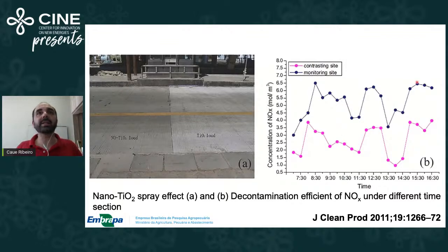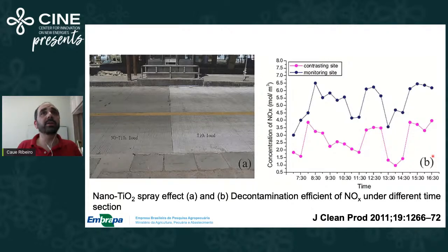We can see that the behavior of the nitrogen oxide along time is almost the same. The rates are almost the same. The levels are different, which means that we have a real oxidation of this nitrogen oxide, reducing the amount of NOx in the environment